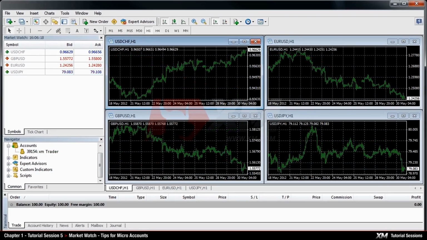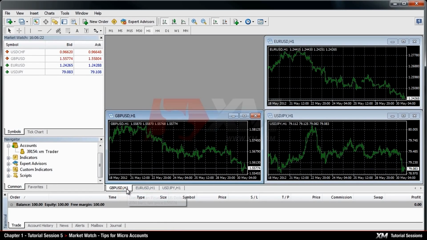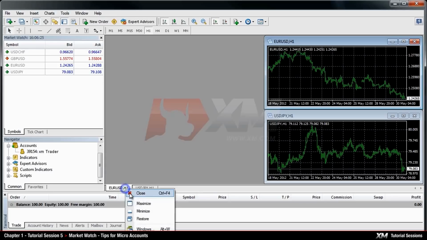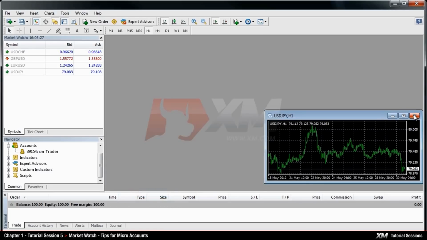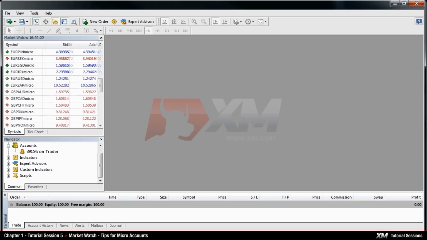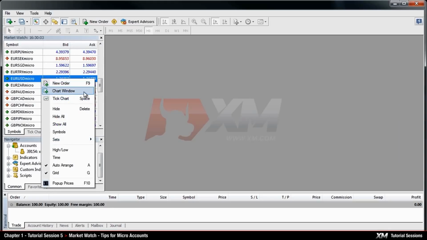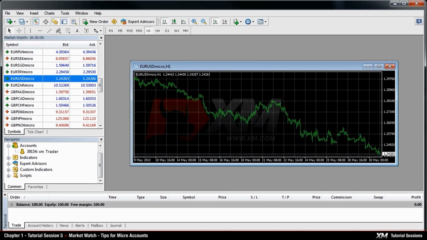To have a clear overview of all details, it is advisable to close all other charts displaying the standard symbols, used for standard trading accounts, and replace them with the micro charts. Simply right-click on the required micro symbol and choose the option Chart Window to display the micro chart of the